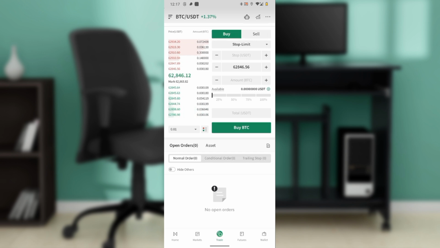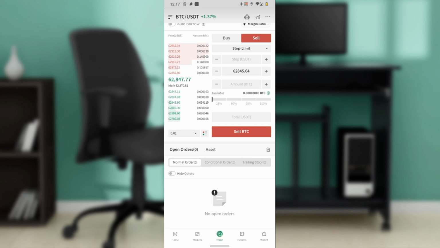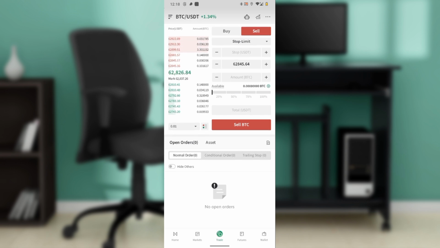Now, specify the amount of cryptocurrency you want to sell once the stop price is triggered. That's if you click on sell. You can also use the slider in here, which are the percentage buttons. That's 25%, 50%, 75%, 100%, to quickly select how much of your holdings you want to protect with the stop